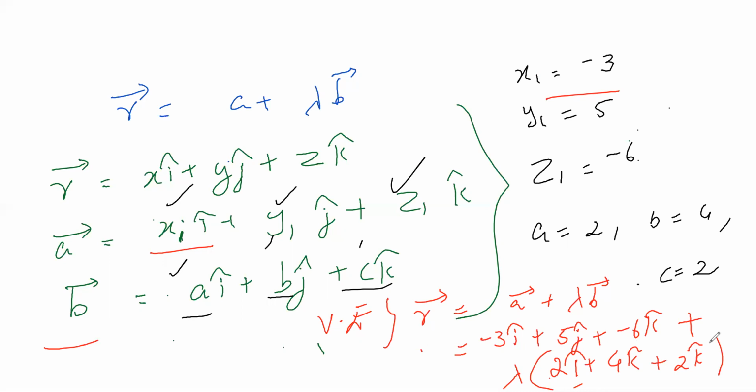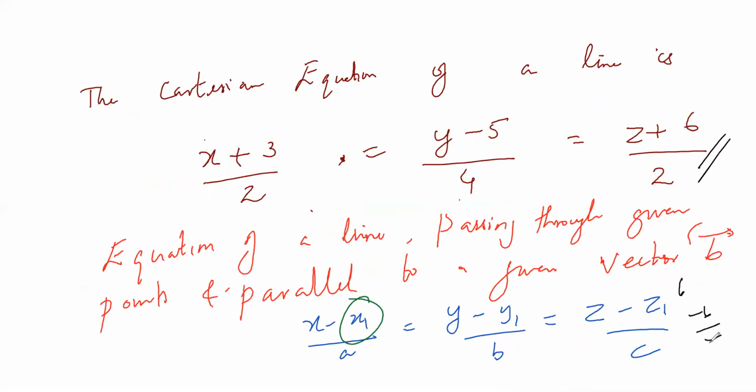That's it. So the important learning for everyone here is not the final answer, but how I am comparing with the vector equation. The first important thing while solving this question is to identify the line. Because in 3-dimensional geometry you can get only two types of problems: one is line and the other is plane. So first, we identified the line. Then there are some theorems: equation of a line passing through a given point, and equation of a line passing through two given points.